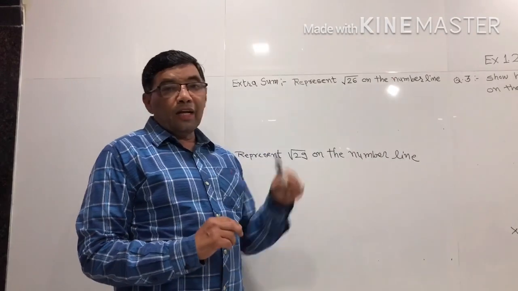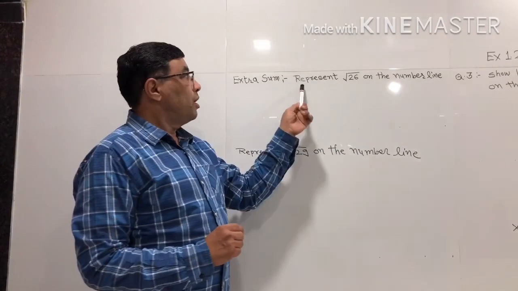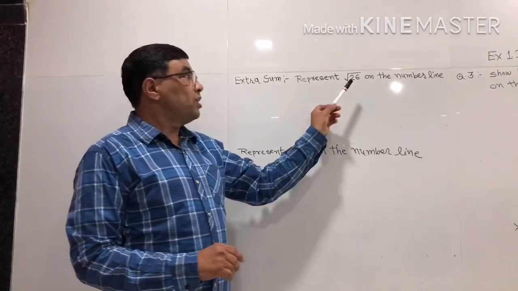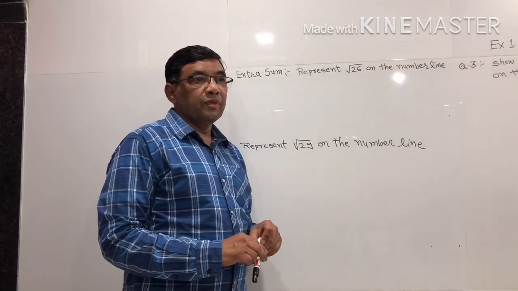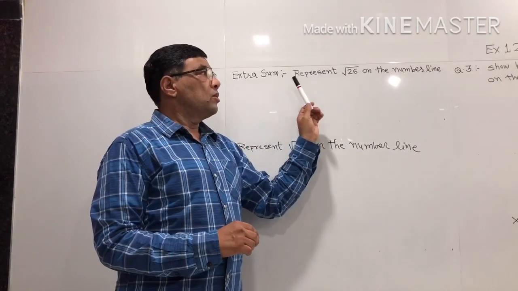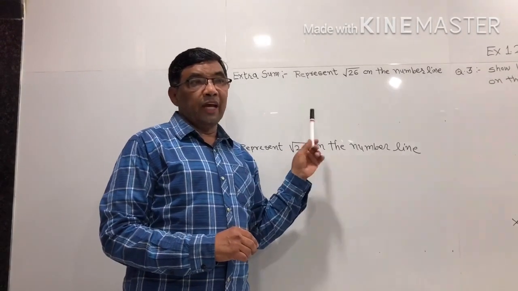Now here we had taken root 5, and now we are taking root 26. This one is a bigger number. So what are the two parts of 26 we take here? Anyone? Yes sir, I am Himani Solanki from class 9th. Sir, 26 is divided into 25 and 1. 25 is 5 square and 1 is 1 square.